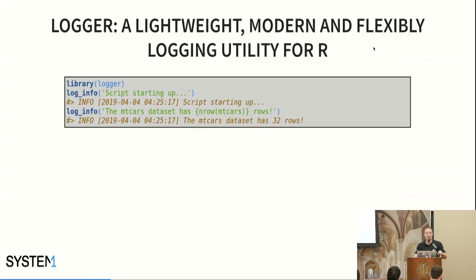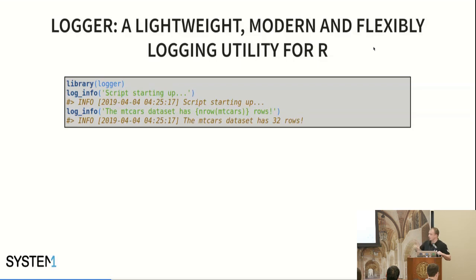And there have been really great R packages to do that, like the futile.logger package. Been using that for many years. It was great, but extending that wasn't that easy. The package seemed to be pretty much unmaintained, and when I came up with PRs, for example, to use the glue formatter instead of the otherwise very cool but not so trendy sprintf syntax, I had a troublesome time to get that merged. So I decided to step back a little bit and come up with a more modern and hopefully more flexible